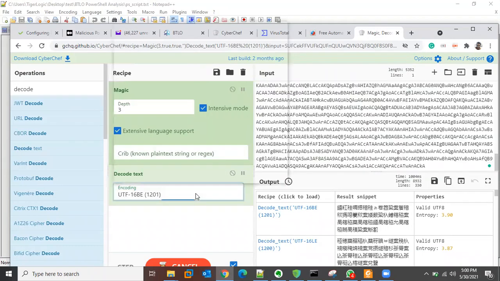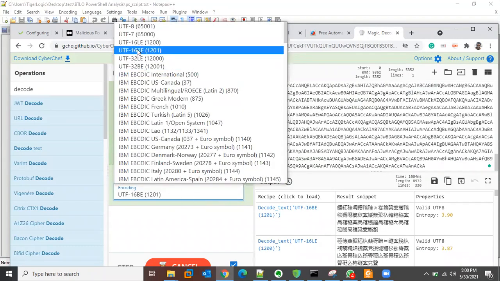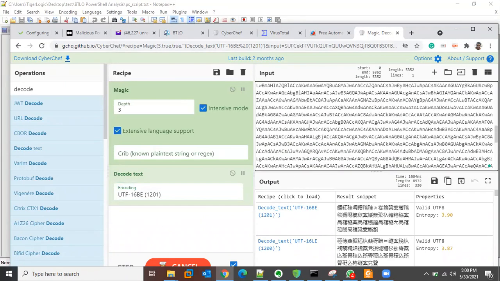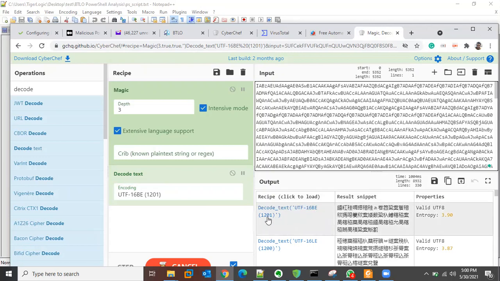Yeah, okay, 16BE. So decoded text, that is what we've just used. The next thing that we're going to do is